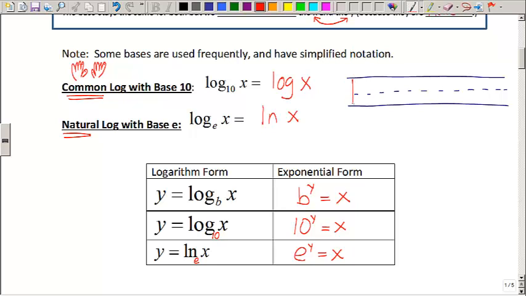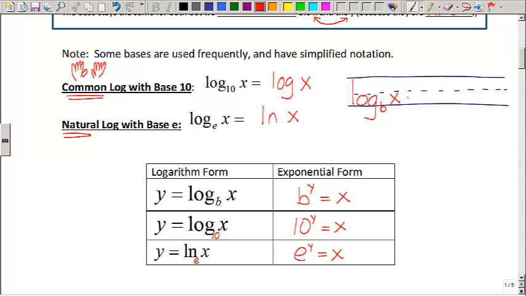So if I have log base b, the log part of it is on the normal line. It's the same size as normal letters, and it's not high or low. But when I do b, I do my base b below the line